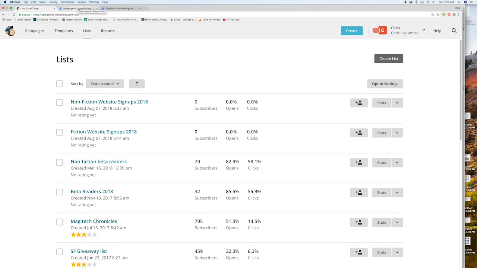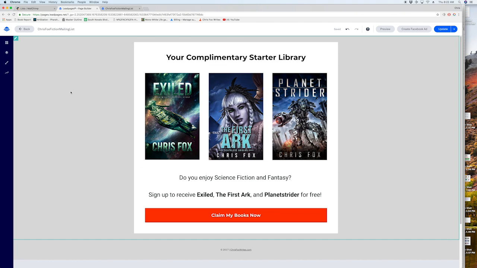But the lead page for it, this is what I've just finished building. I'm using Lead Pages, which is expensive. It's something like $400 a year. I can't remember what I'm paying for it. So I'm not recommending that everybody rush out and get this. BookFunnel will allow you to create your own landing page. MailChimp will allow you to create your own landing page. So you can do less elegant landing pages very simply in other platforms. I just happen to really like Lead Pages and the final product that it puts together.